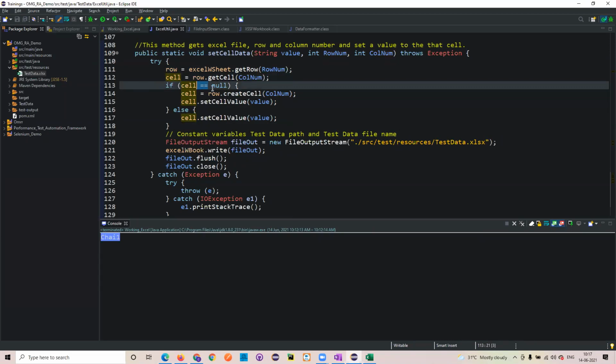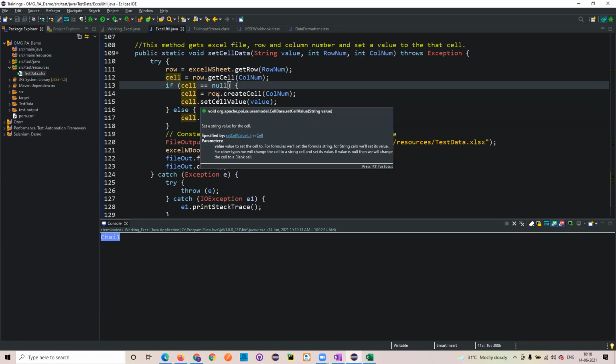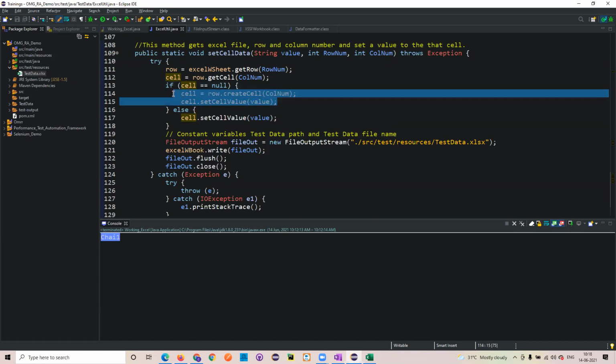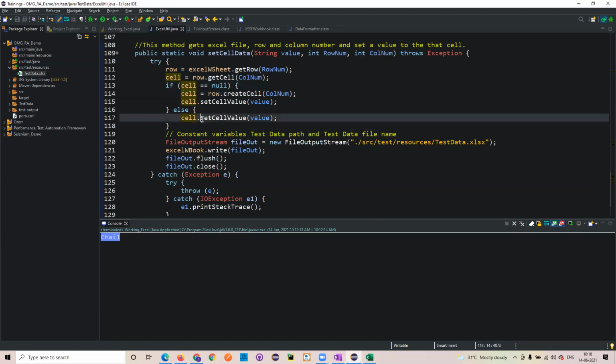If it is null, then you can go and create this particular cell column value and then set whatever value you wanted to set. Else, directly set the value.